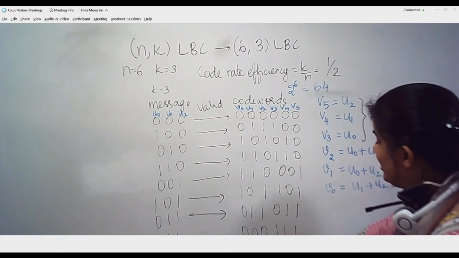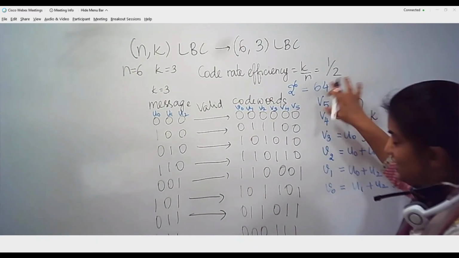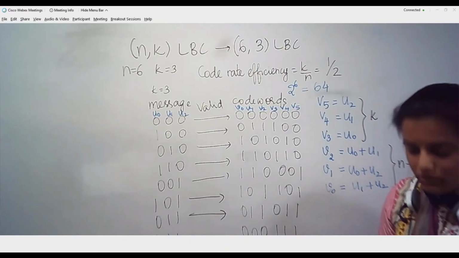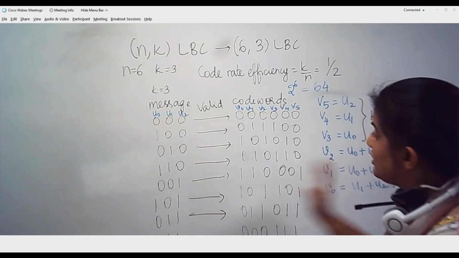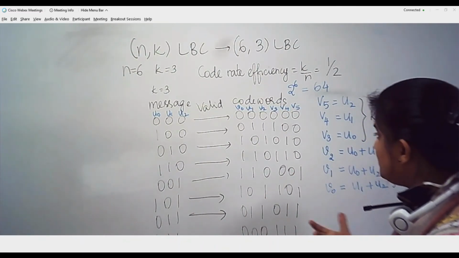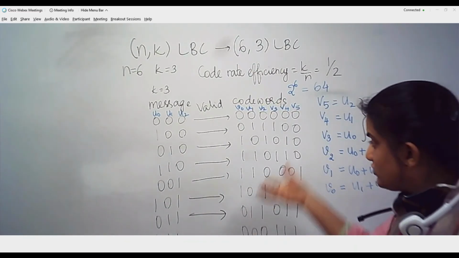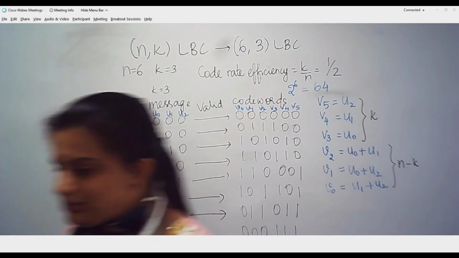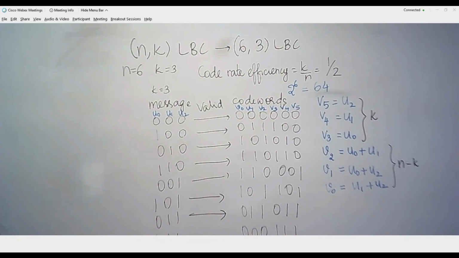So these are the valid code words. The rest, 64 minus 8, those combinations of bits are the error code words, that means code words which ended up in an error during transmission. This is a very simple example that I picked in order to explain linear block codes.